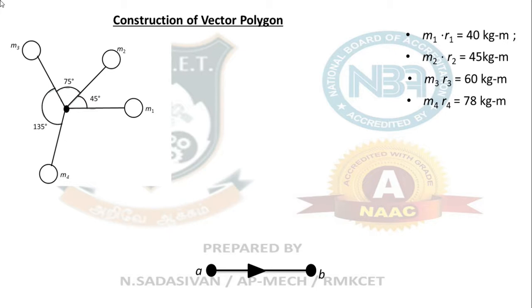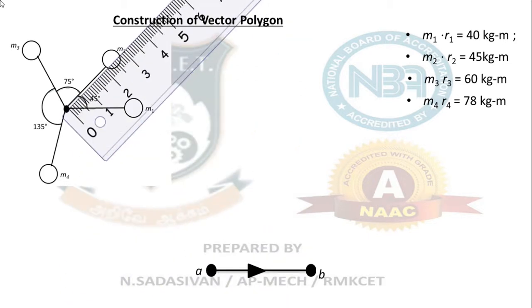Clear? Are you clear what I did? I have transferred the direction of mass m1, the radius, the linking rod. So this is your mass m1. Some stone of mass m1 is linked to the rotating shaft through a rod. The direction of this rod is transferred here. What is the tension in the rod? That is given here. Next step, take your scale again and put it in this direction.